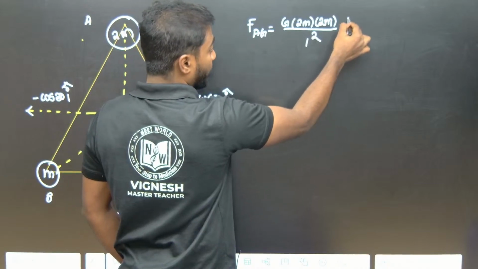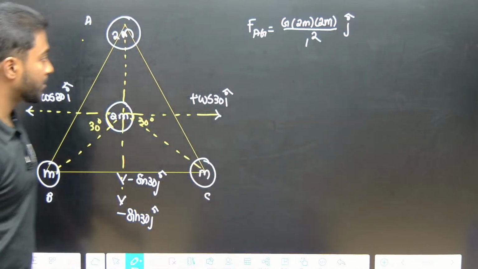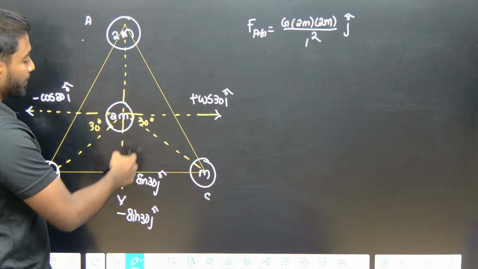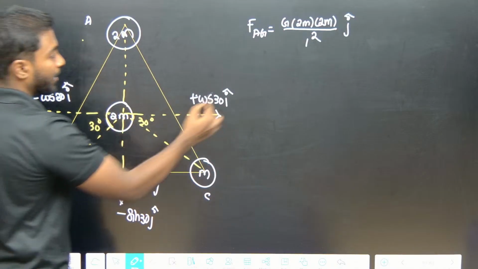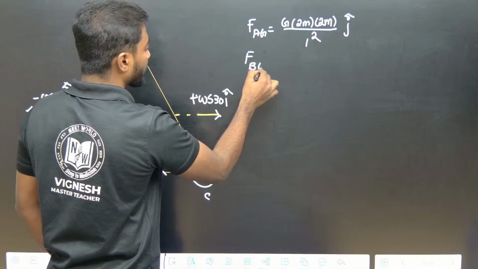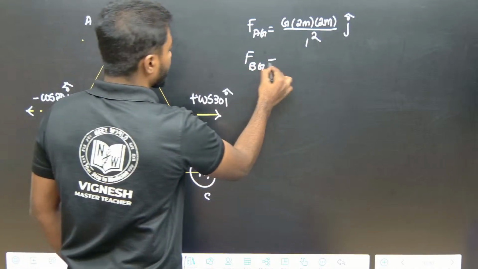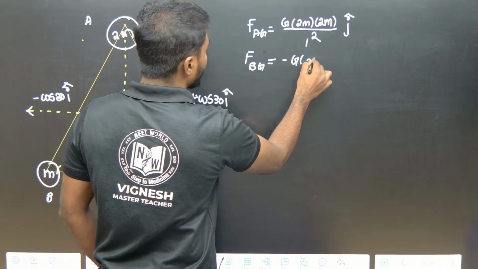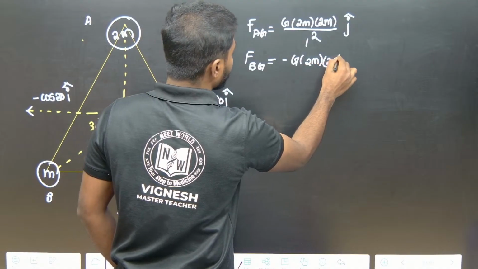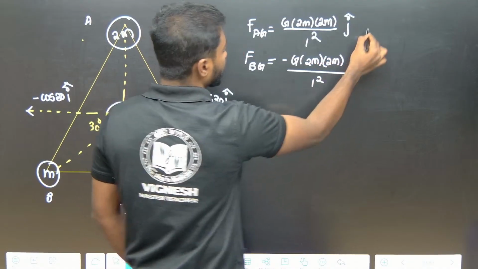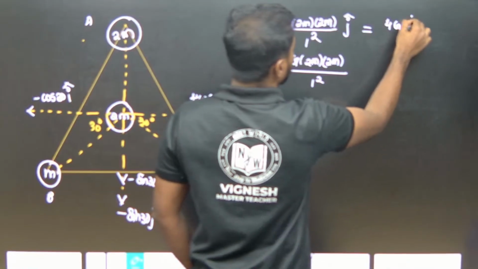It is positive j cap, okay, y axis, no. And when I talk about FBG, both are minus. So, minus G 2m into 2m by 1 square. So, this is how much? 4GM square j cap